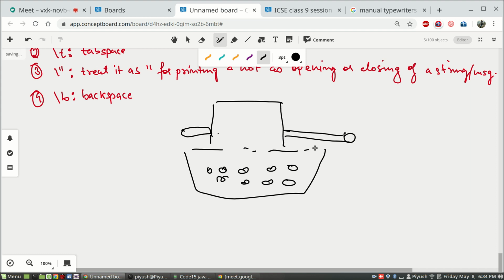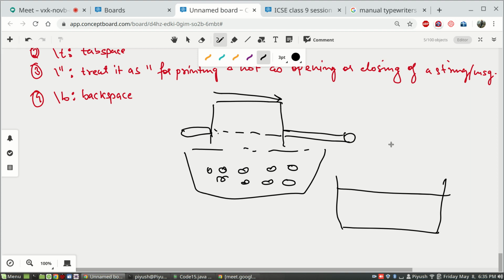Something like this. Once you have printed one line, the machine will keep on moving to the right. This page, or this carriage, you will see coming to the right side. So after you have printed one line, it will look like this. The page will be there, and the small lid will be remaining this side. Most of the carriage will be this side. So that means you have come to the end of the line.